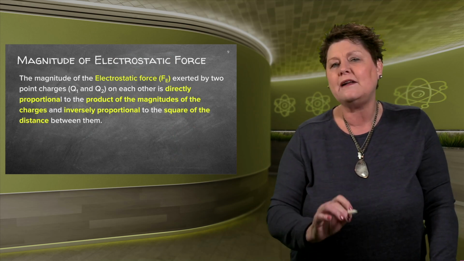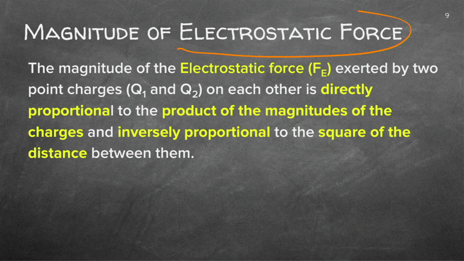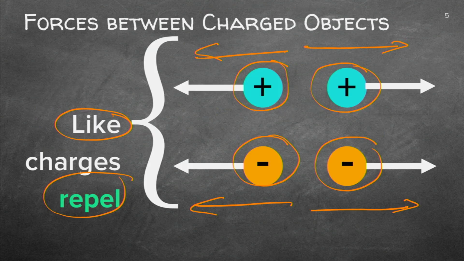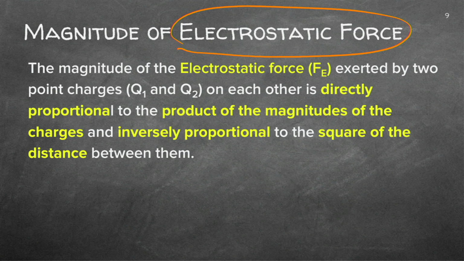Right, what's the magnitude? What's the size? What's the quantity of this electrostatic force? Remember we said there's a repelling force, and here we said there's an attraction force. What is the size? So let's see. The electrostatic force, and I usually abbreviate it immediately with Fe so that you know it's electrostatic. You can recall that you already did gravity. So pay very focused attention to the fact that you're working with electrostatic force.